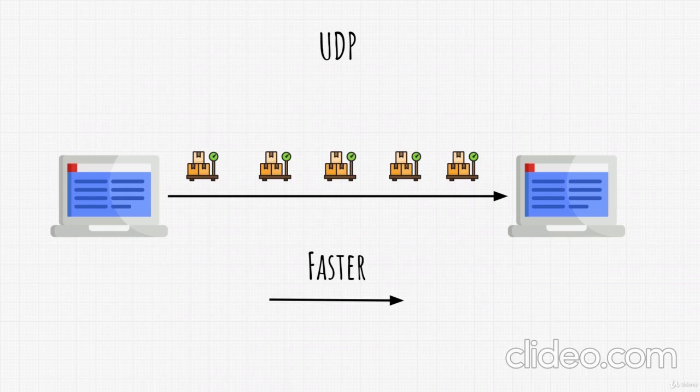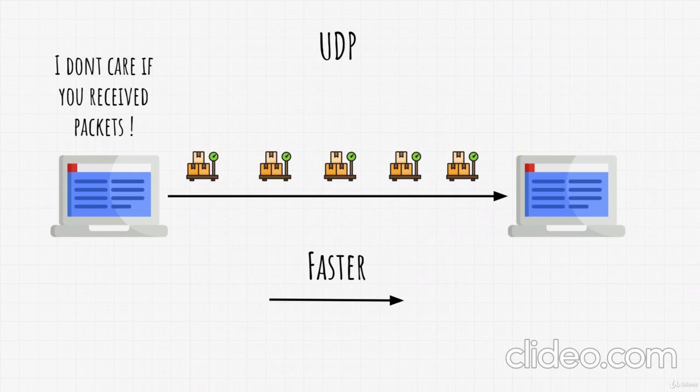That's why UDP doesn't really care whether packets reach their destination, and it will not resend a packet if it didn't reach the other party. It will just continue sending other packets. You cannot ask for those missing packets again with UDP, and these are just the basics behind the two most known